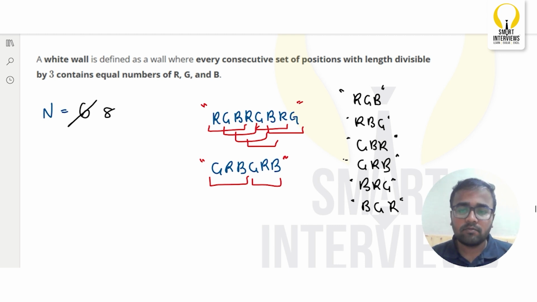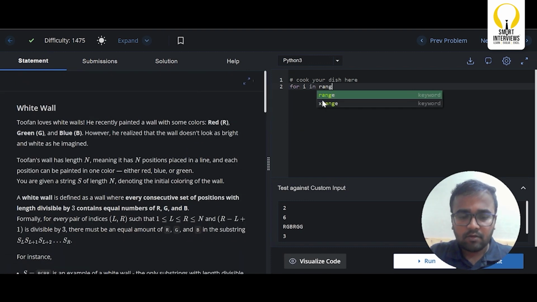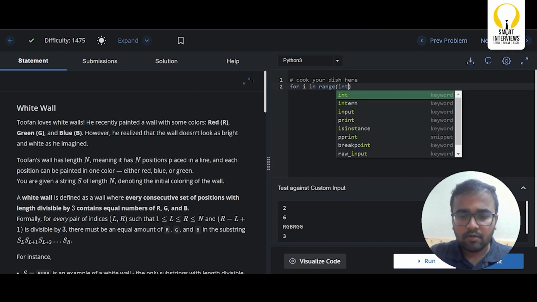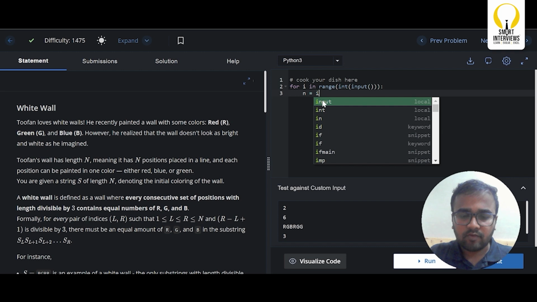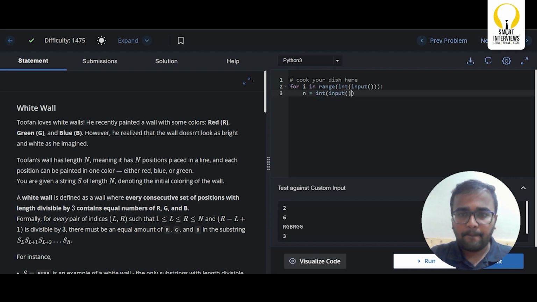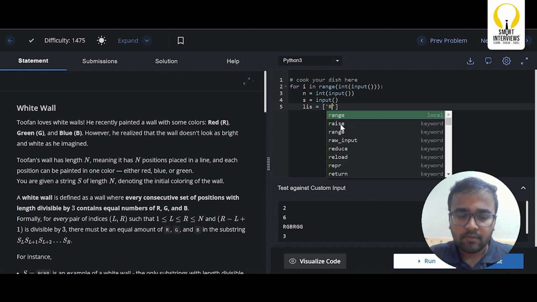Let us convert this logic into code. Let us start with the input. We will read the number of test cases. Then for every test case, you are going to have the size of the string. Then you will read the string. Now in this string, we are going to compare this string with all our existing patterns. So for that, let us have a list containing the patterns. So the patterns are RGB,